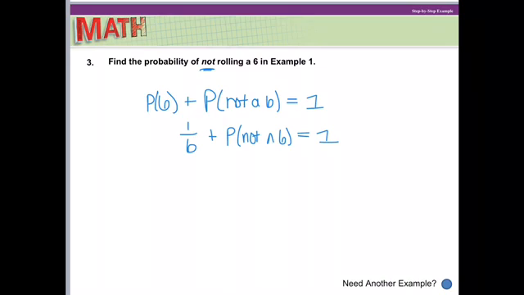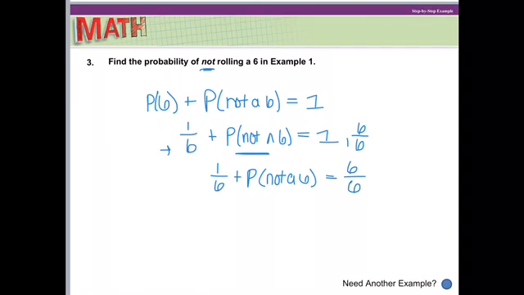That's because I know that 6/6, or a number over itself, always equals 1. And I want it to be 6/6 because the denominator over here is 6. So then I can look at it a little bit differently to figure out this part. So we have 1/6 plus the probability of not a 6 equals 6/6. Now, this is just like how we were working with equations and variables. We don't know this value, so we want to get it by itself. So we will subtract 1/6 from both sides, getting the probability of not a 6